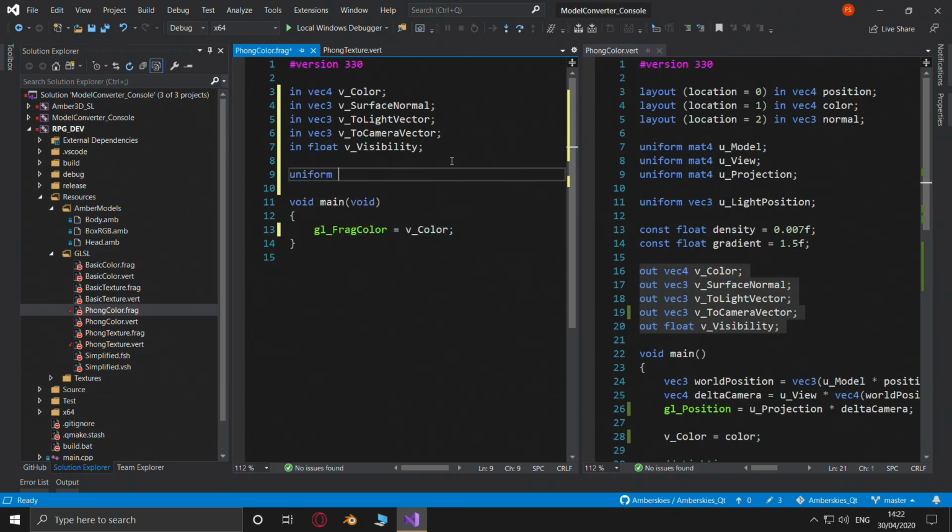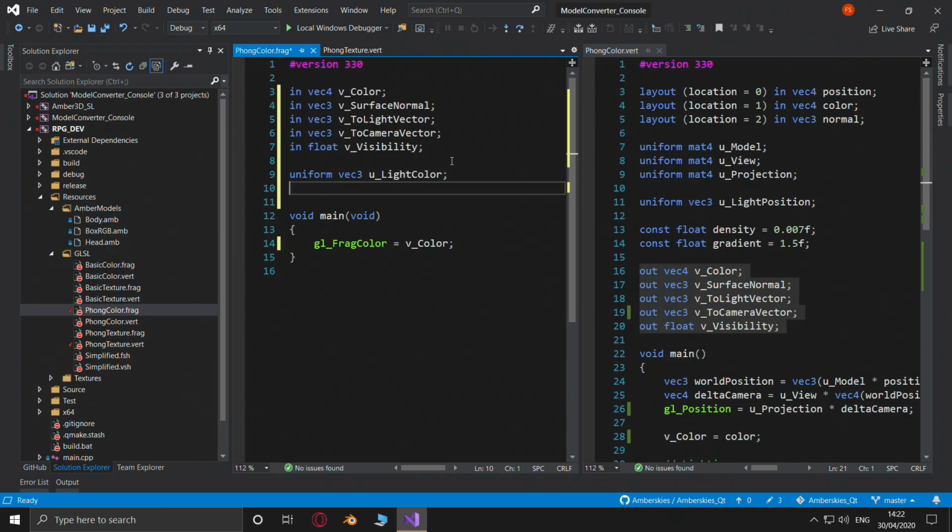Uniform vec3, I think. Yeah, we'll try it with the vec3 anyway and see how that works out. Light colour. What happens if you've got neon lighting? Spelt the American way, light colour. Uniform float we'll have. Let's have